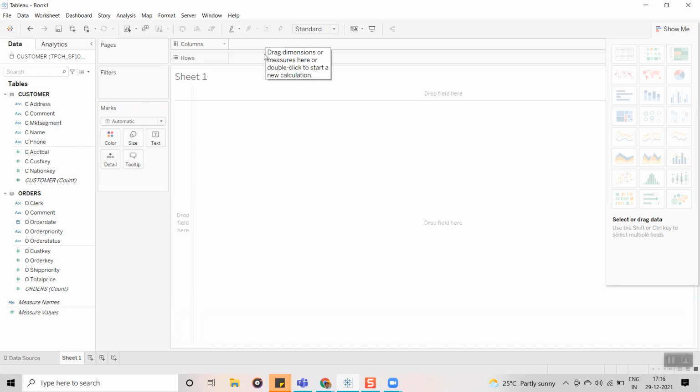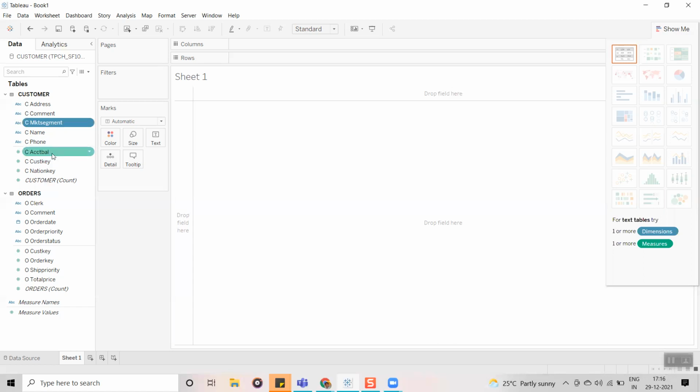And one more way is, for example, I select the market segment and account balance. By holding the control key, I have selected two fields, one a dimension and another a measure.